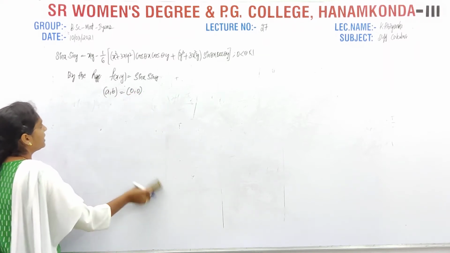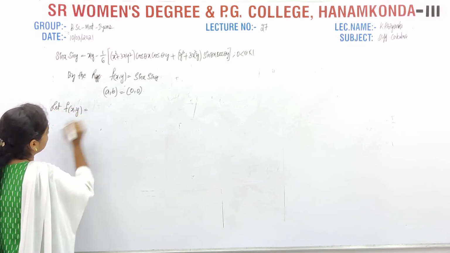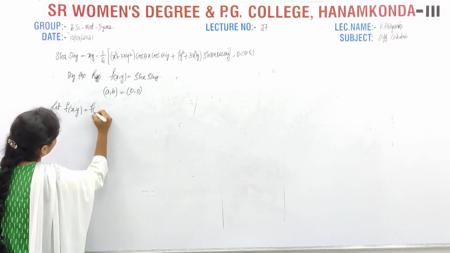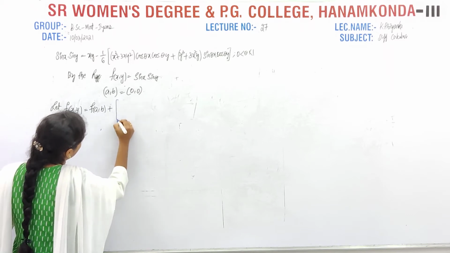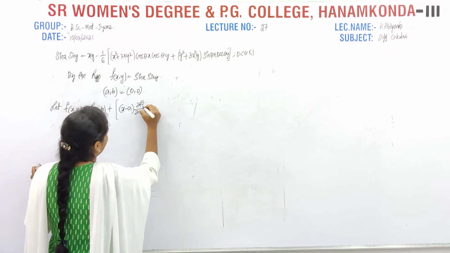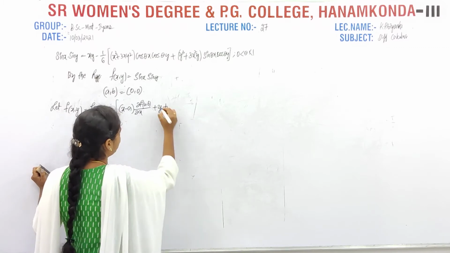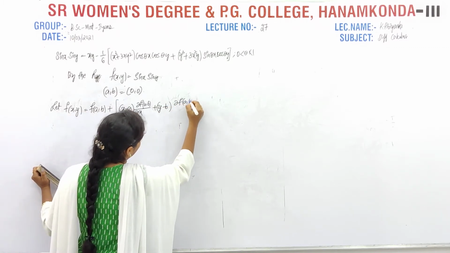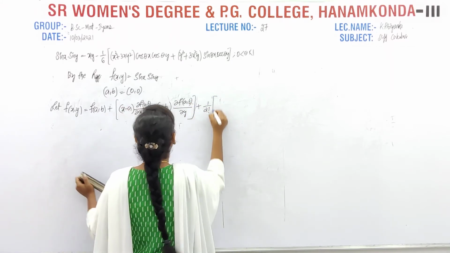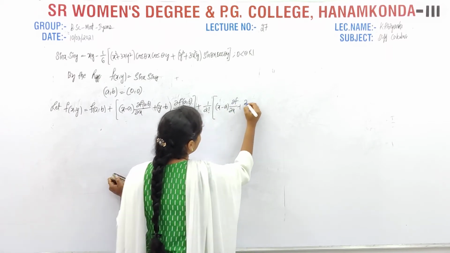Now firstly we have to take that let f of x comma y, in terms of theta they are mentioning. That's why here f of x comma y equals f of a comma b plus (x minus a) into dou f by dou x at a comma b plus (y minus b) into dou f at a comma b by dou y. The next plus 1 by 2 factorial of (x minus a) into dou f by dou x plus dou f by